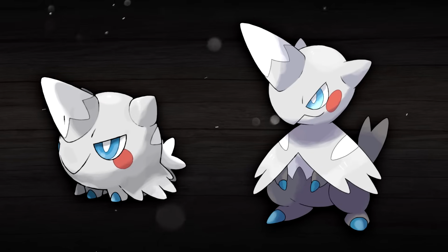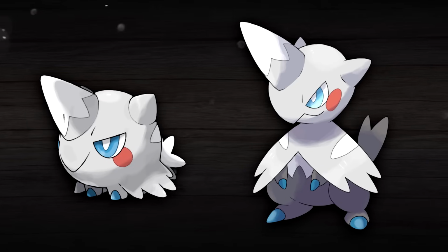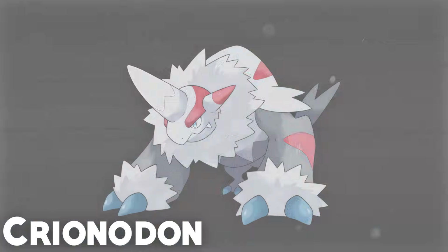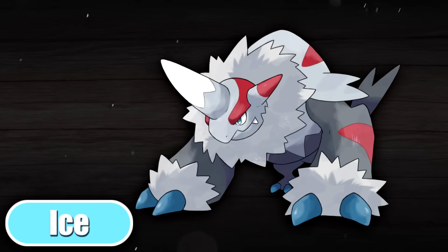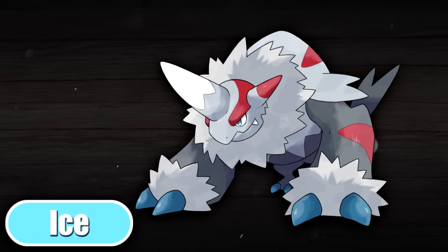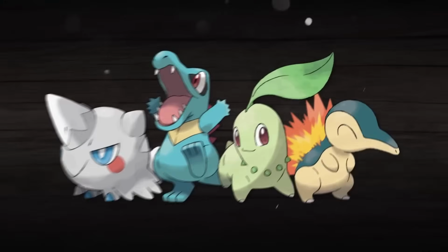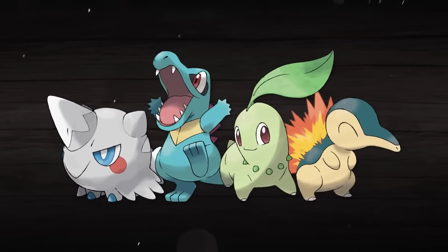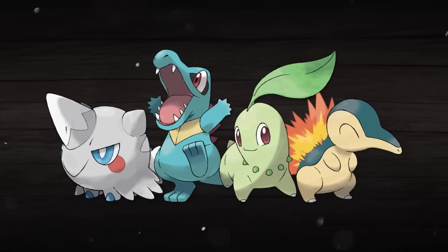But of course, we have already seen Snowwoolly and Crinoceros, and we are here for their final evolutions. So I would like you guys to meet Crionodon. Crionodon is the pure Ice-type final evolution of the Snowwoolly family, and it is also a monotype as well, because all of the Johto starters are monotyped, and so it only makes sense for an additional starter to be monotyped